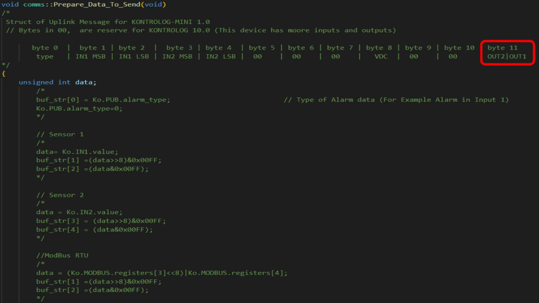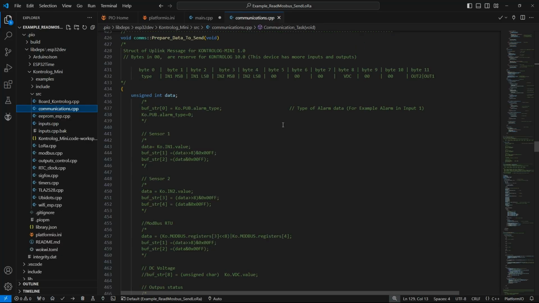Likewise, you will find, within this function, a base structure that adjusts the possible data to be added in the uplink message to the LoRaWAN cloud server. In this case, it will only be necessary to enable the code that allows to set the information read by the sensor connected by the Modbus RTU protocol, where the sensor reading data is stored in bytes 3 and 4 of the Modbus registers array.